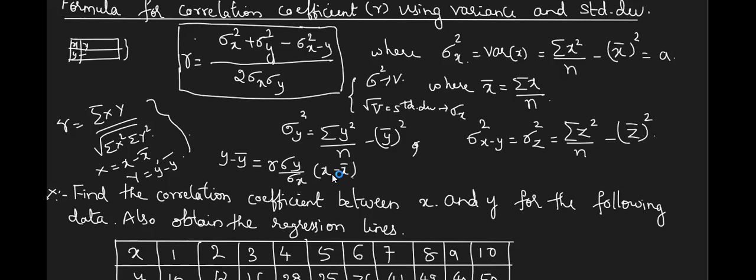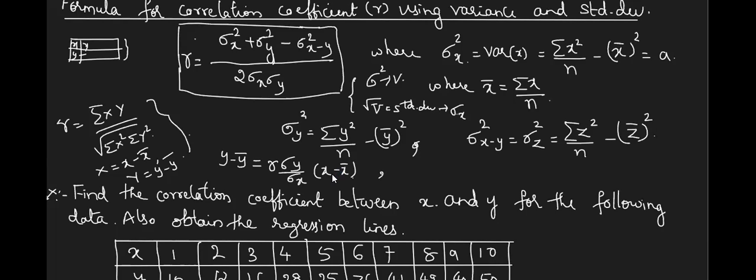So see, in this calculation, we have got x bar, we have y bar, we have r obtained, we have got sigma y, sigma x. So easily we can substitute and simplify. In this calculation, the tabular form that you take will be helpful to substitute very easily. So no need to take extra trouble.